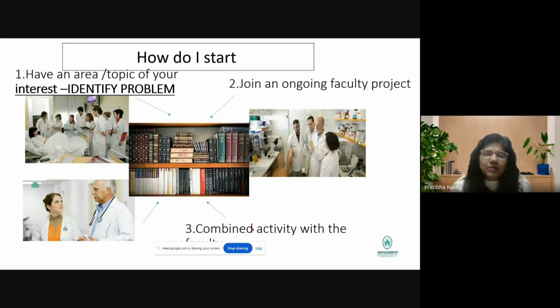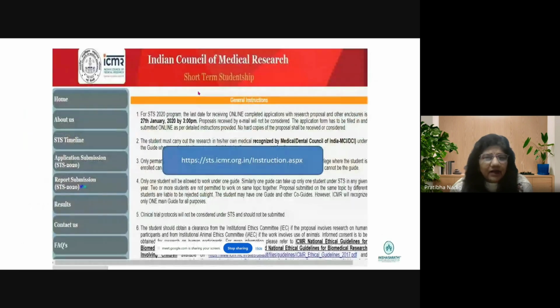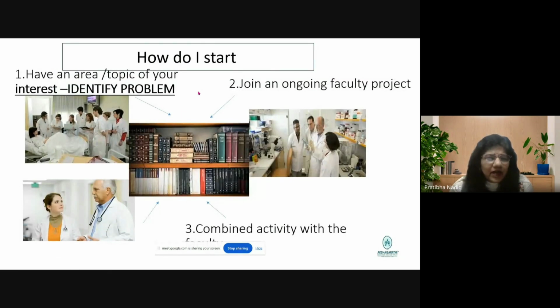But if you are very independent, very enterprising, very original, then the first one: you identify, and if you don't get it in your institution, you can tie up with other institutions, other students. I'm coming to that later. You can tie up with them and then come back and discuss with your faculty. And then you have streamlined your thought of something. Maybe I would like to work on diabetes, just giving you an example.